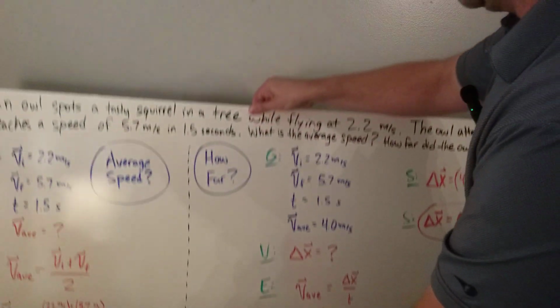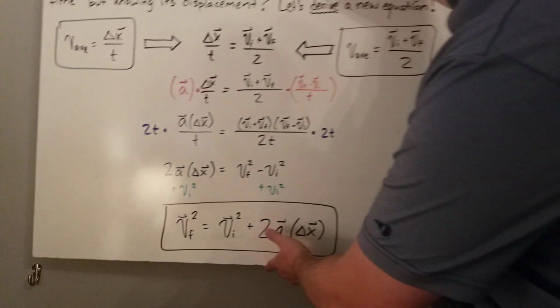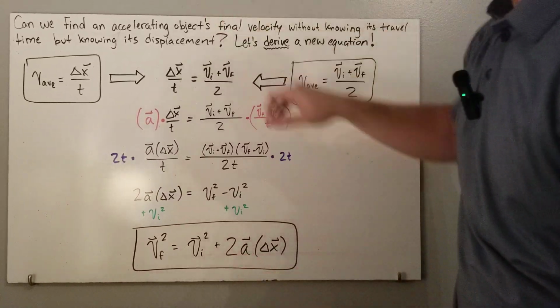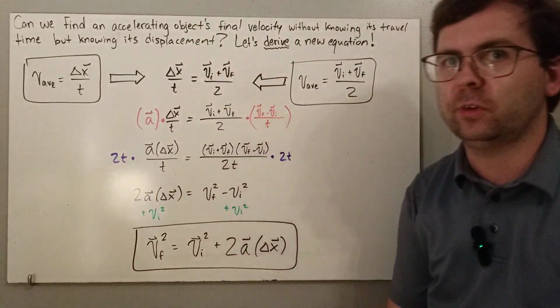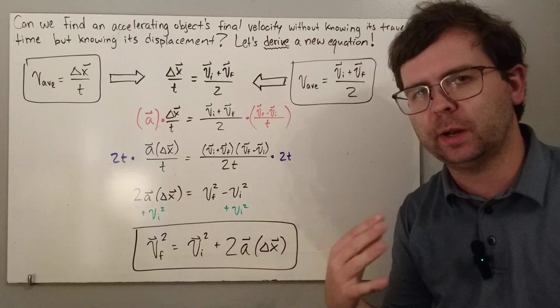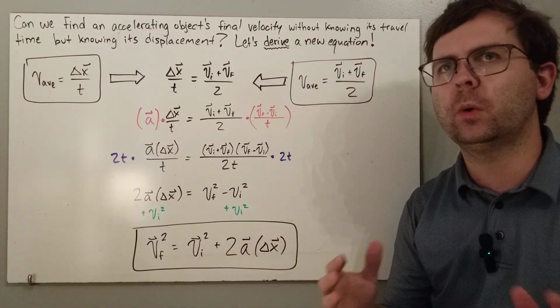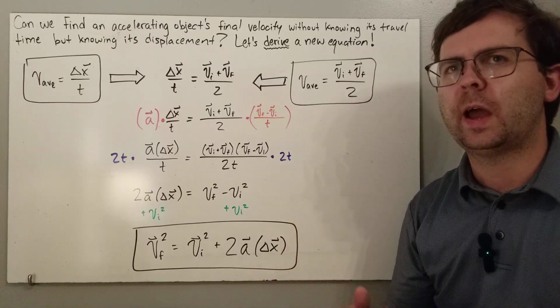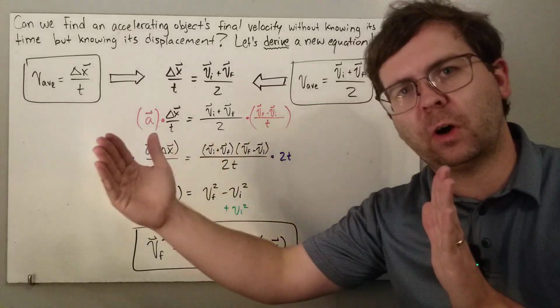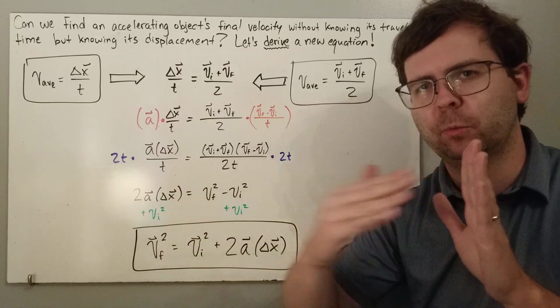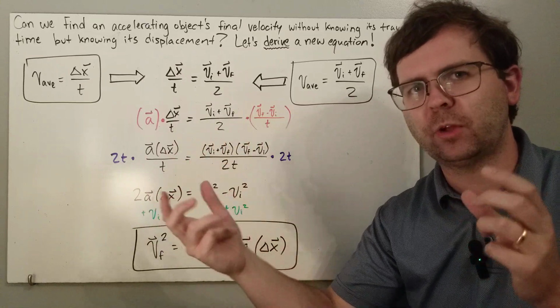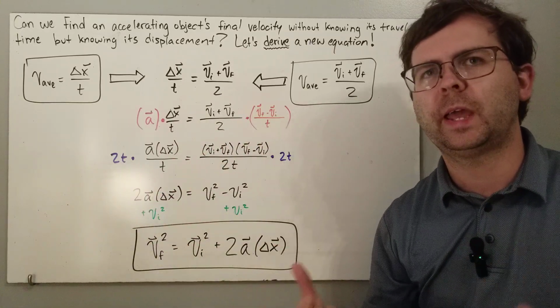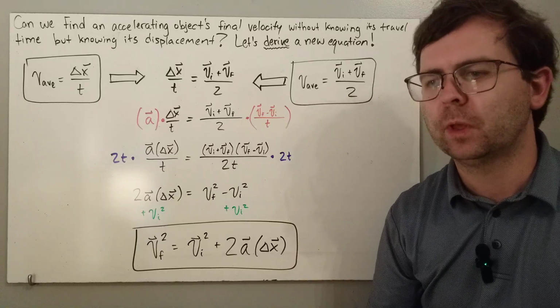All right, let's look at another equation. Now, I will warn you, this is a little scary when you first see it, but stay with me. One of the questions we can ask is, what if we don't have the time that an object was traveling, but we do know it was accelerating, and we want to know what its final speed is after it accelerated a little bit, and we also know how far it traveled. So like the owl in the last example, we know how far the distance was. We didn't have a stopwatch. We weren't able to get the time, though. Can we somehow find the final velocity? So to do this, we're going to